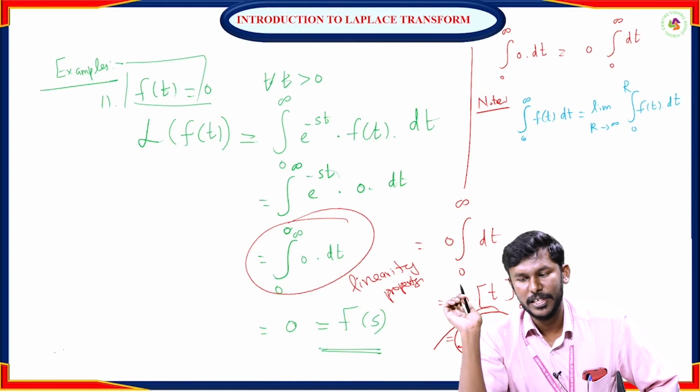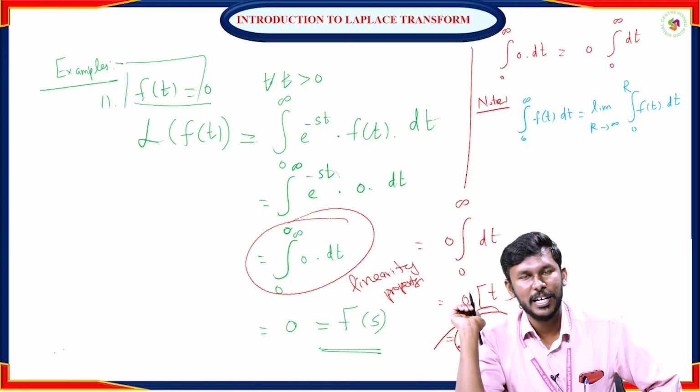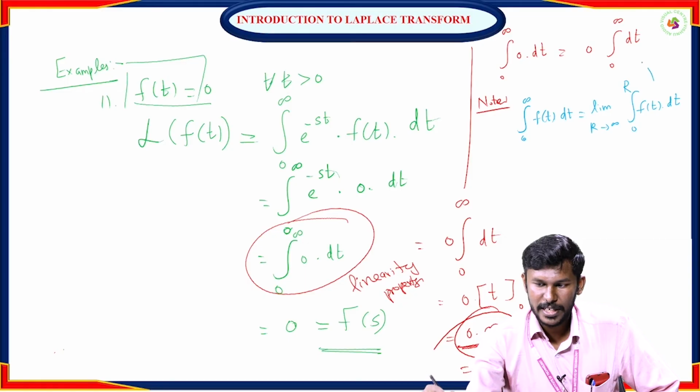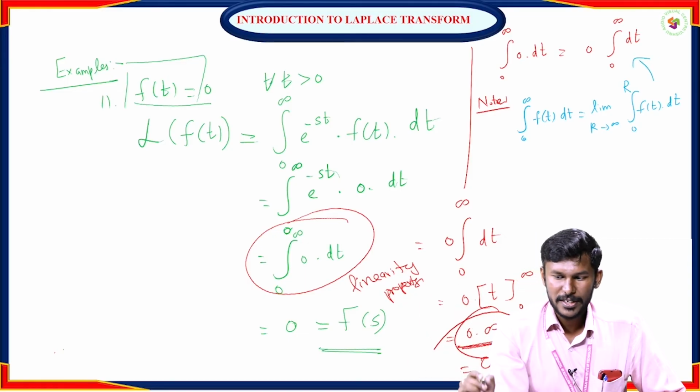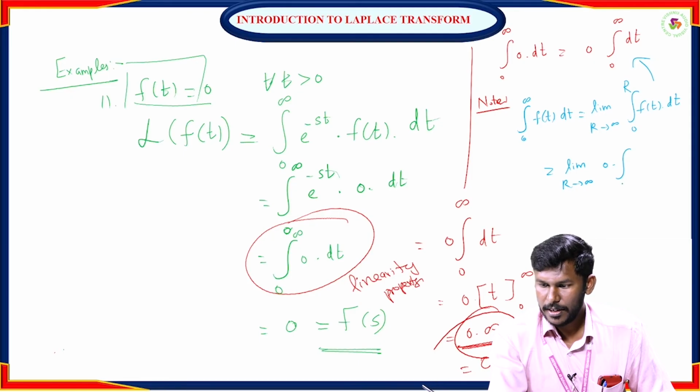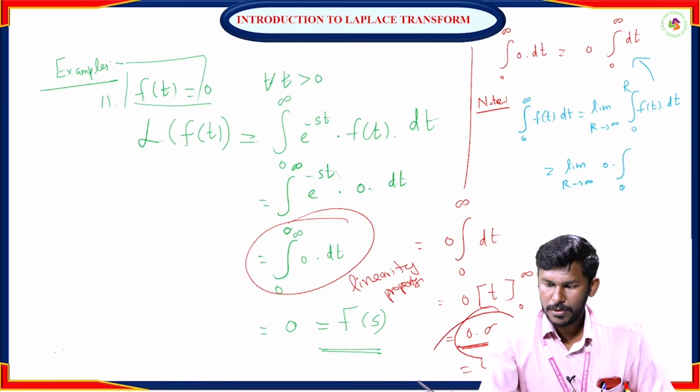This is the main thing, the definition whenever limits involve infinity. Now you apply the same here. What do you get? The limit r tending to infinity of 0 times the integral from 0 to r